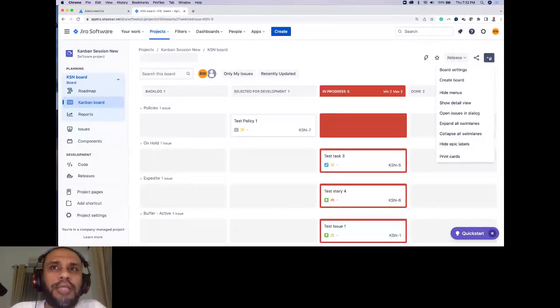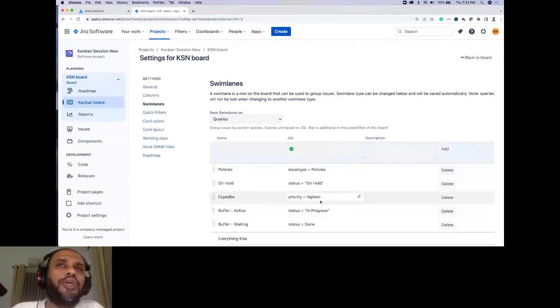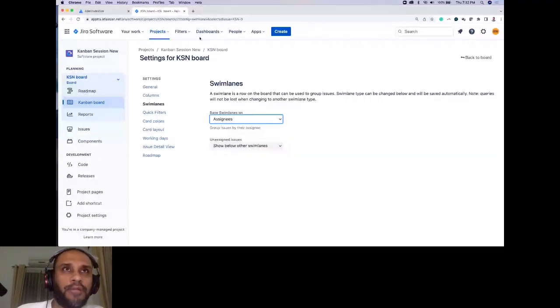Yeah, that's correct. So basically it's a matter of modifying your JQL, right? So if you want to filter by your assignee also, you can add that into your query. Did that make sense? If we do this simple configuration, you have the option of creating your swim lanes based on assignee. At the moment I don't think I have any assignees, so I might not be able to show this. Yeah, so everything is unassigned because I don't have any assignees.